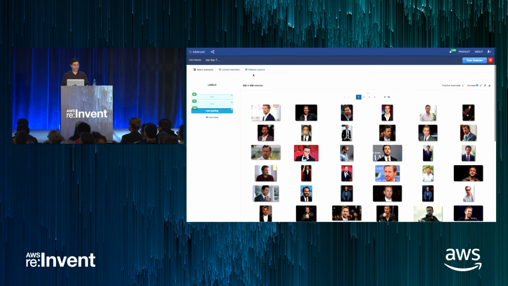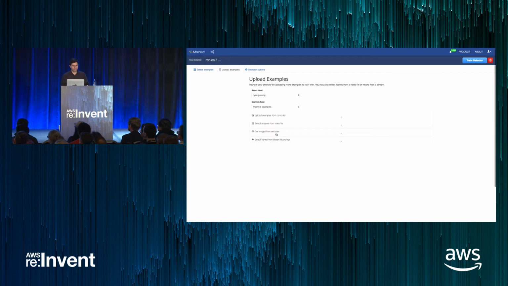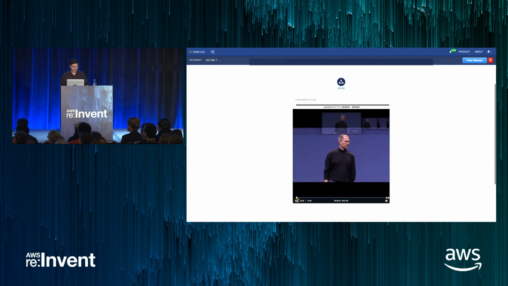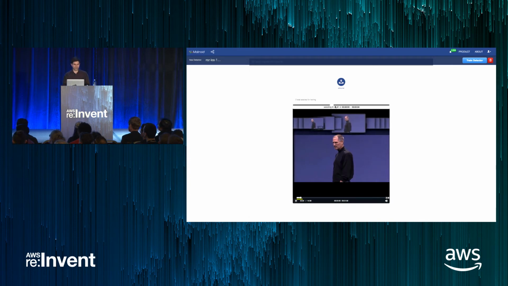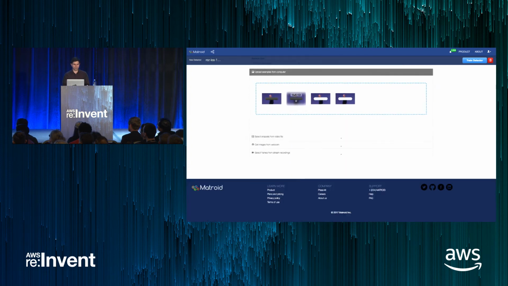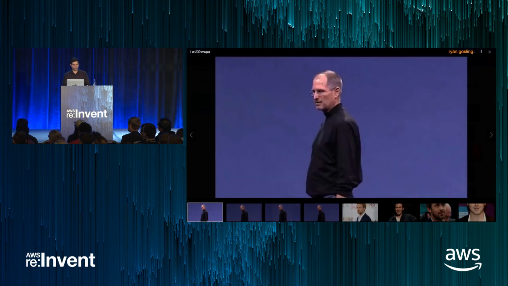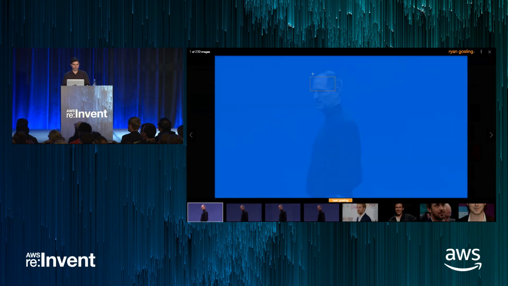One other place that we have our own video player involved is through a video file. So if I select a video file here, I can flick through the frames of this video file at any point, pause, and flick through the frames, and then say, I want this frame, this frame, this frame, this frame. I upload them as before, and then I can select exactly where the relevant